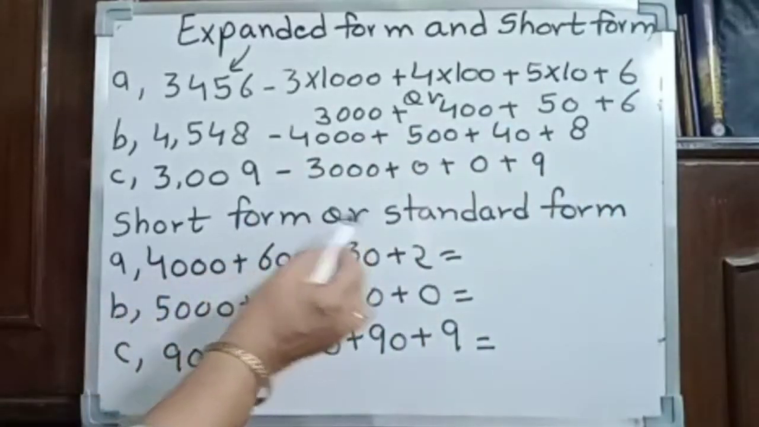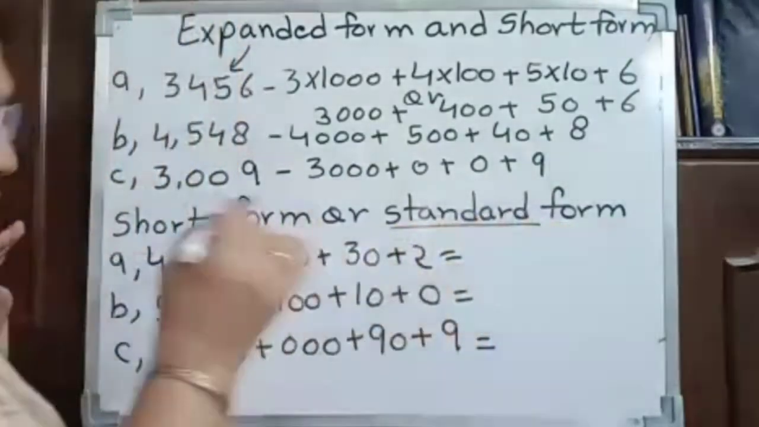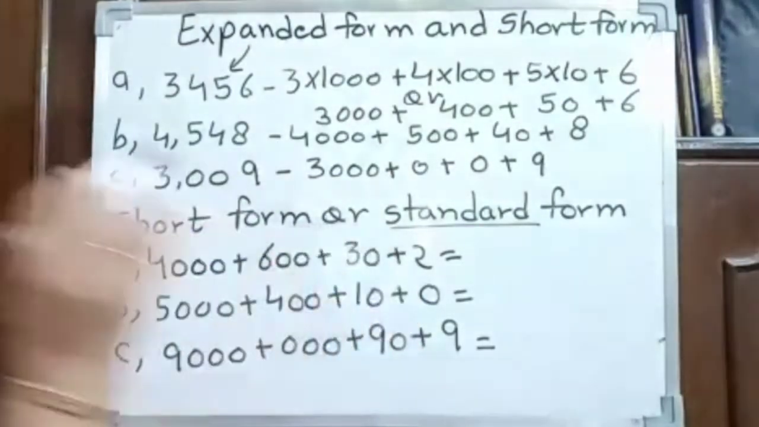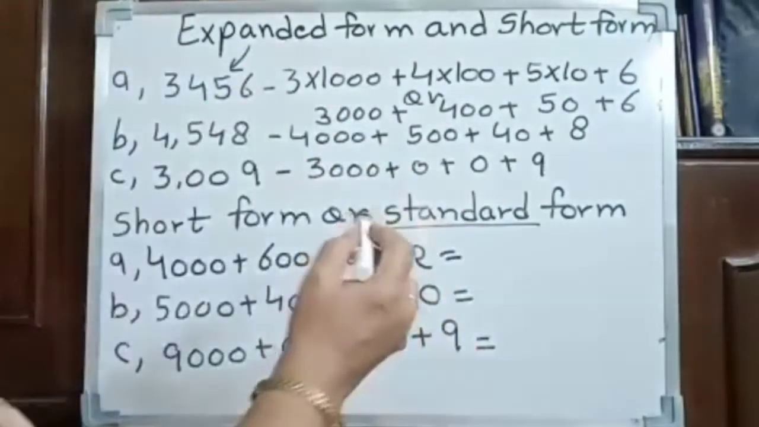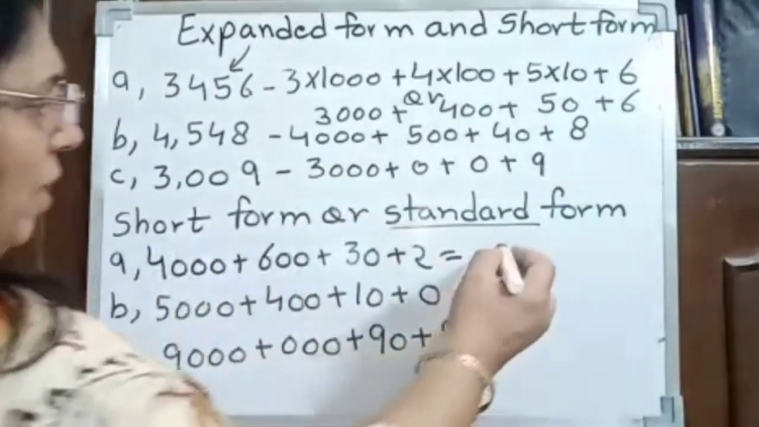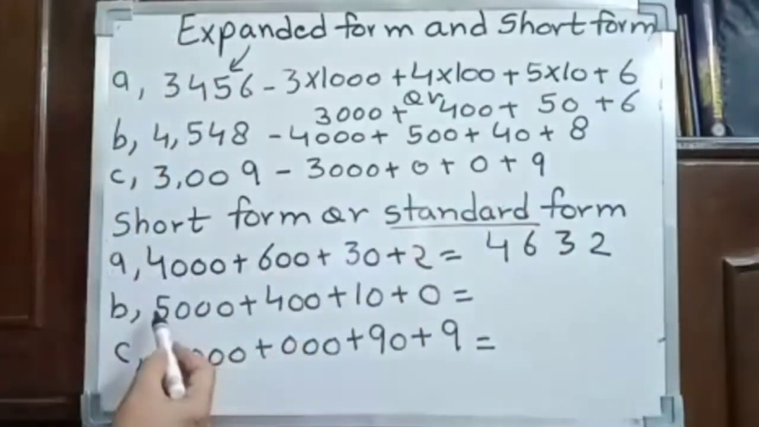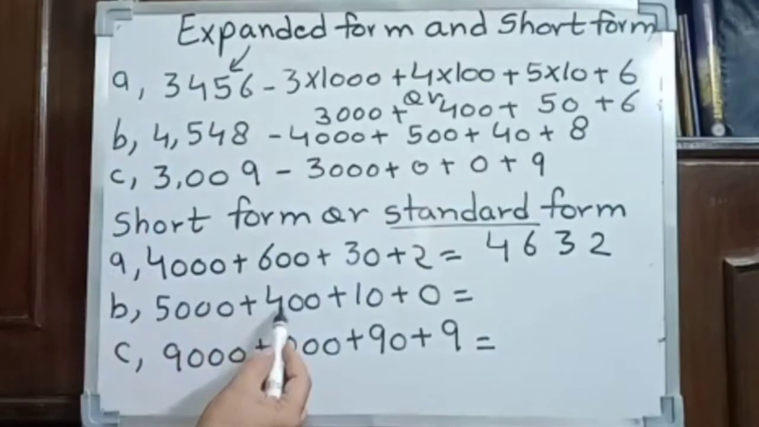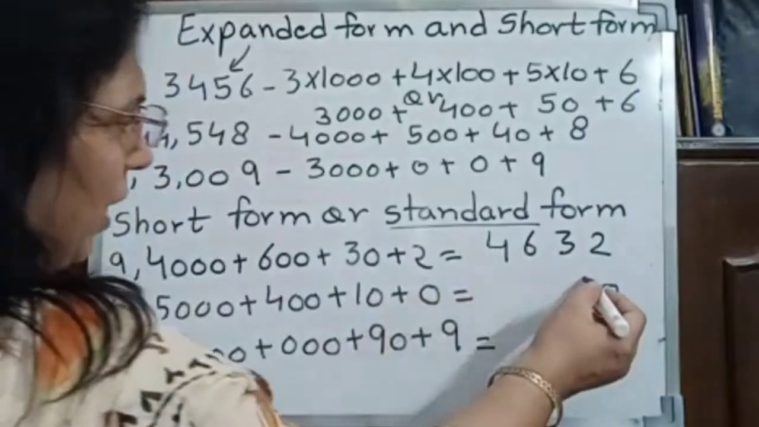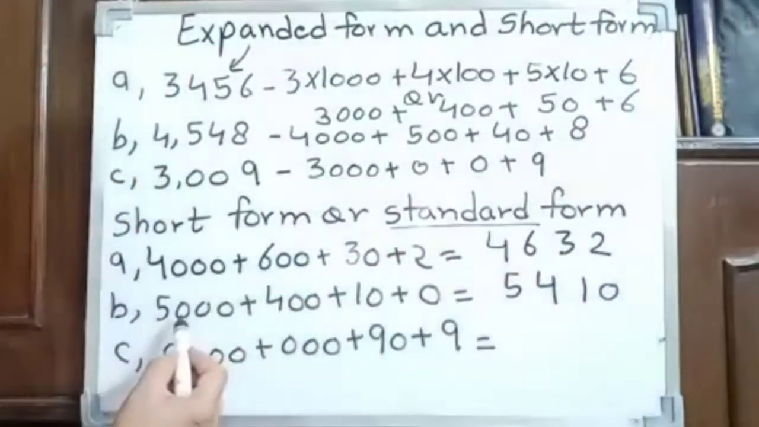So short form or standard form. Another name of short form is standard form. So 4000 plus 600 plus 30 plus 2. Now you count it in your mind that here we have ones, tens, 100, 1000, 4632. Again we have 1000, 100, tens, 0. Ones place we have 0, then 1, then 4, then 5. So the short form of this is